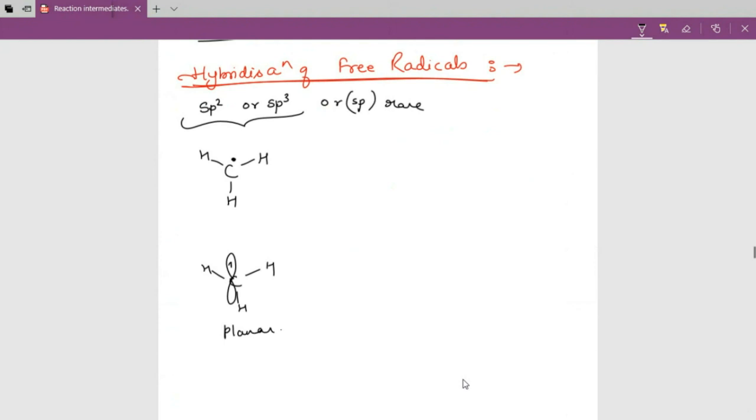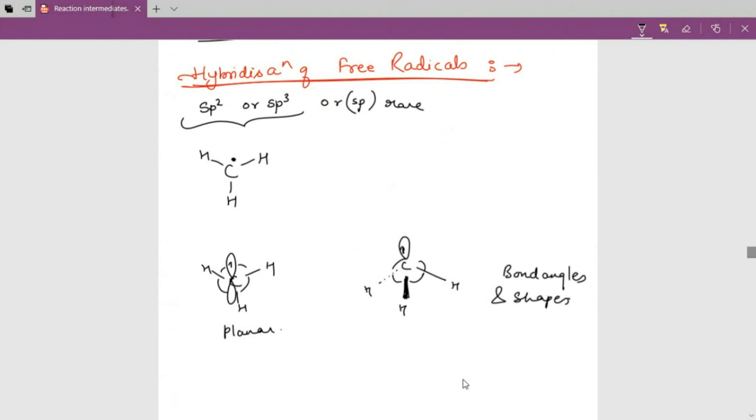And if it is sp3, then its shape is to be found like this, pyramidal. The shape can be confirmed through spectroscopy, and bond angles can be confirmed. So using those bond angles and shapes,